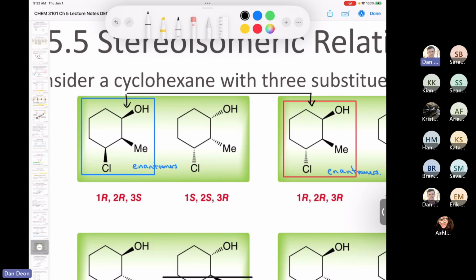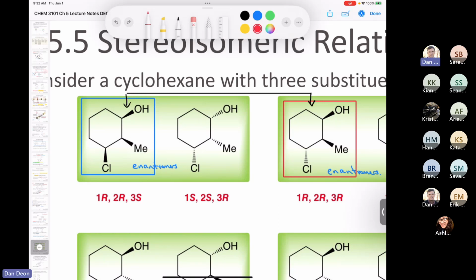Yes, absolutely. You see that the hydroxyl is going up, the methyl is going up. Uh-oh, but this chlorine is up and this chlorine is down. So they have the same connectivity, but a different arrangement of atoms in space. Therefore, they are stereoisomers, but they're not enantiomers, and ergo they must be